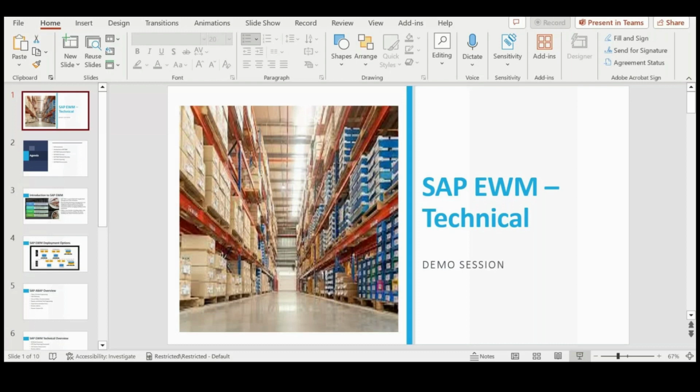So let me add to that, Tushar. EWM is heavily embedded with a lot of technical objects such as PPF, RF, and maybe other functional modules that are used in standard apps or maybe classes. Also the EWM tables, like how the stock is getting maintained. Let's say we have to build a report based on the physical stock or HU history, or a user is asking to pull all the deleted HUs and see the history for the past week, how do I build a report or maybe a custom RF transaction